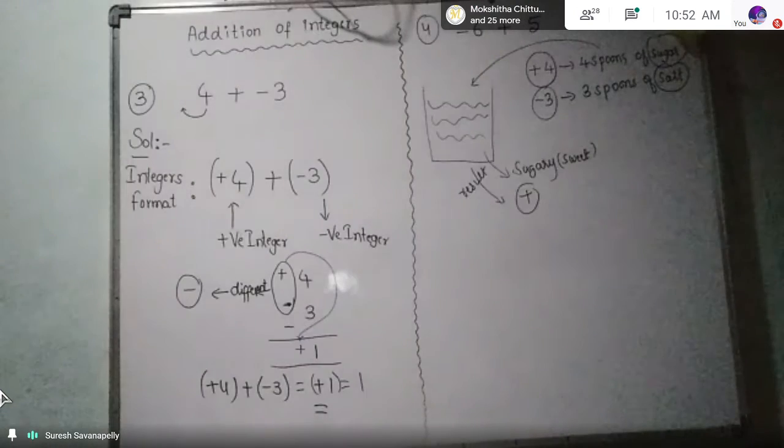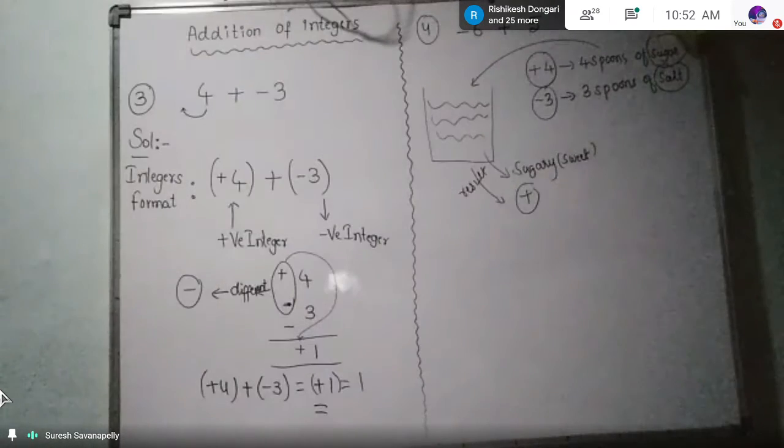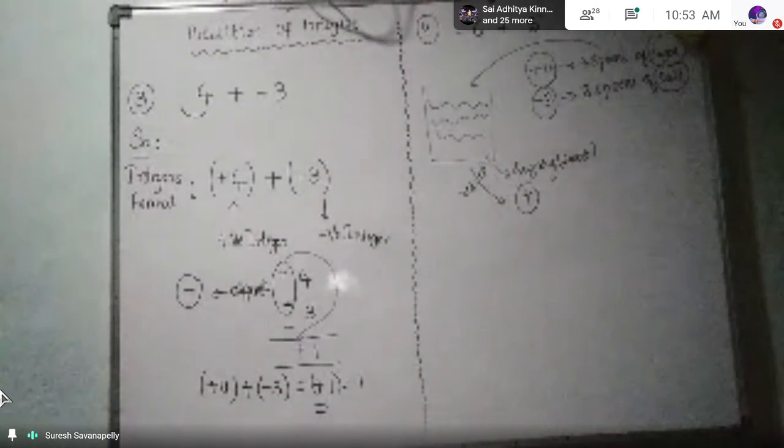My request is, whoever is writing, please don't write with just one pen. I don't want to allow that. Please write your question paper or notes, anything, with 2 pens, and keep one color pen also with you. Color pen means not the shiny pen, but a color pen to write in the paper.